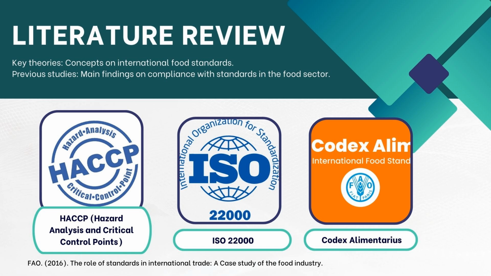3. ISO 22000. Description: This ISO is an international standard that specifies the requirements for a food safety management system. This standard integrates HACCP principles and is applicable to all organizations in the food supply chain, from producers to distributors. The importance of this ISO is that it helps organizations demonstrate their ability to control food safety hazards, which is crucial for accessing international markets and strengthening consumer confidence in the products they offer.